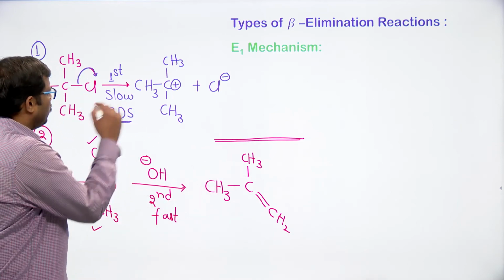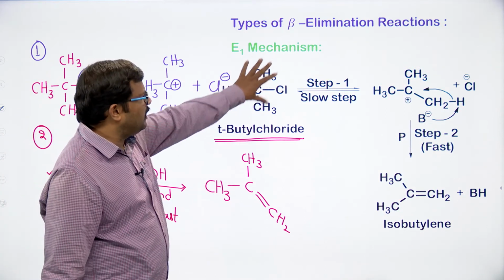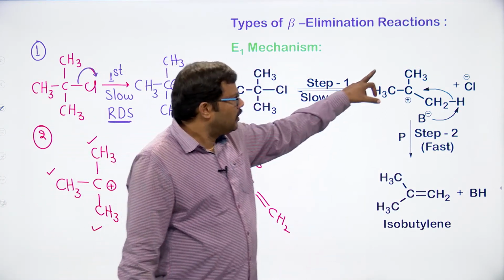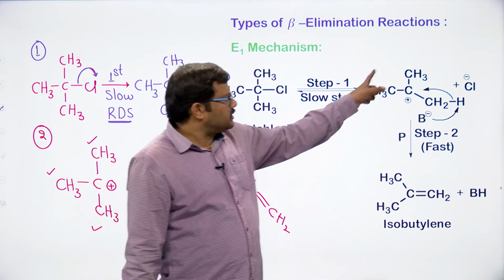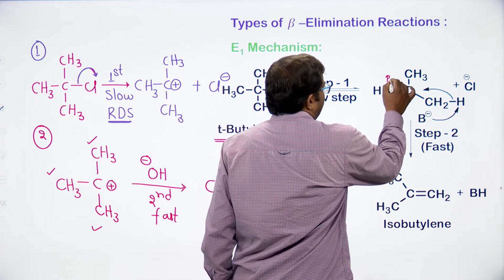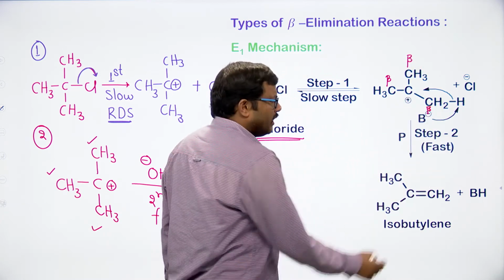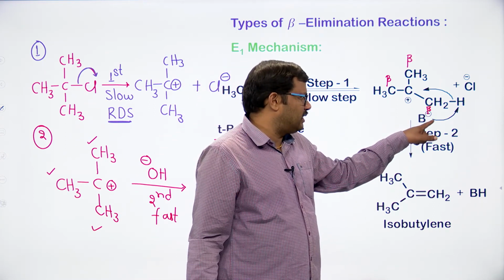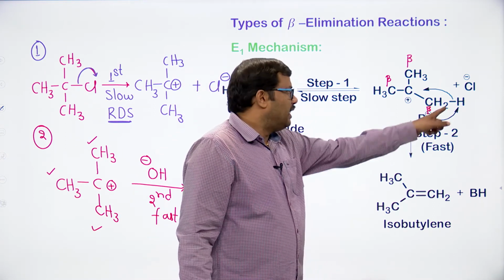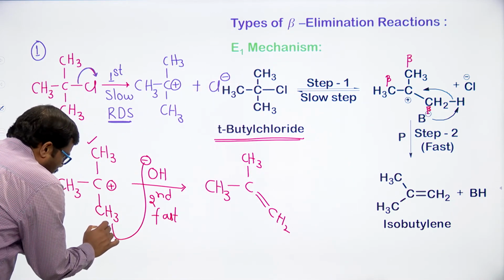Okay. So, here what is happening when you observe, the tertiary butyl chloride in the first step, that is the slow step, loses the chloride ion and the carbon gets the positive charge. Adjacent carbon atoms, all these are beta carbon atoms. Okay, all these are beta carbon atoms. Now, what is happening? Base. Here the base is represented as B with a negative charge. B with a negative charge is abstracting the proton. It is taking the proton. So, here OH minus ion is taking a proton from here.